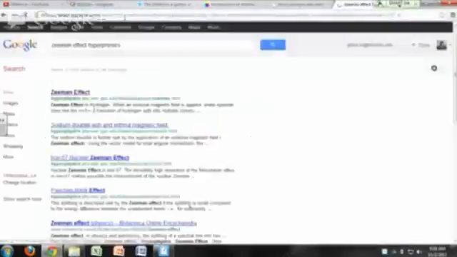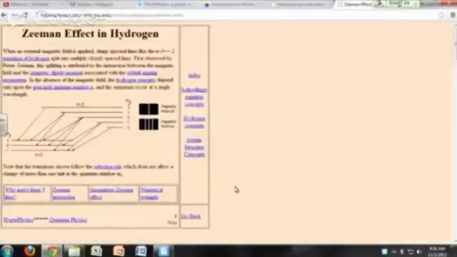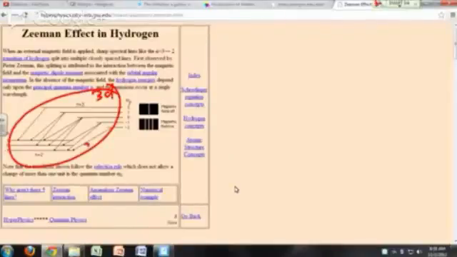It's a website at Georgia State. And this is what happens. This is a summary of all the transitions from 3D to 2P. And the arrows here show you the transitions that are allowed. So instead of just one line in the absence of a magnetic field,